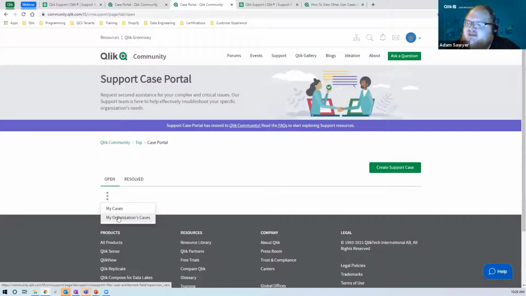And so this is the first step towards more of a self-service model for how you work with support. You're going to see across our roadmap, across all of our Qlik support sites, and as we work with the community team, that we are going to increasingly try to give you choice about how you work with us, whether that's the accounts you work with, the cases people can see, or the license people can download, right? This is going to be an ongoing strategy that you see from Qlik entering into fiscal year 22.